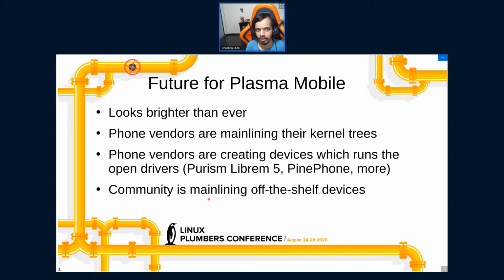So right now, with almost 20 patches, you can run basically a fully mainline kernel on Nexus 5. You need to apply 20 or 30 patches on top of it, which are not mainlined, or maybe they are hacked, so cannot be mainlined. So yes, in general, I'd say device vendors and community involvement are helpful for Plasma Mobile and its projects.